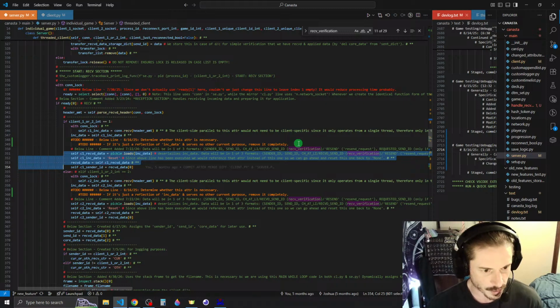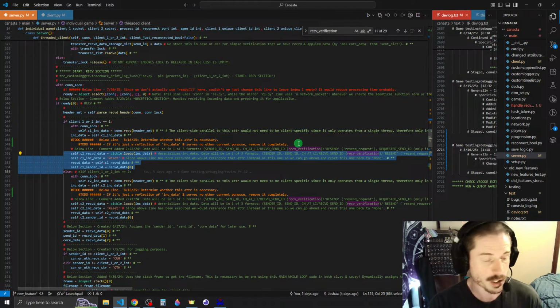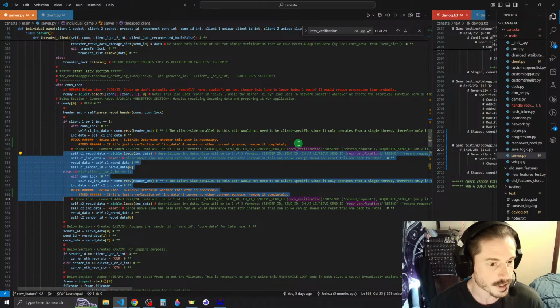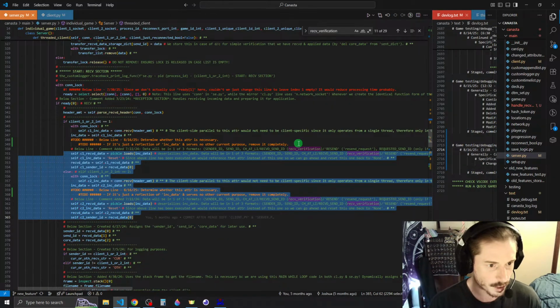The sender ID. Why do we need this? Why do we need this assigned to attributes? 1, 2, 3, 4. We would get rid of this whole else. We wouldn't even need this else. This entire section right here would be deleted, and instead we would just have,